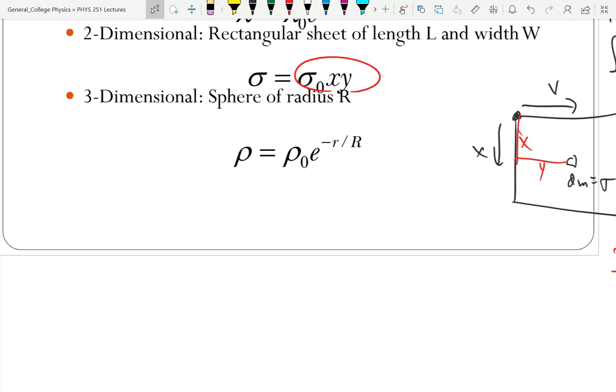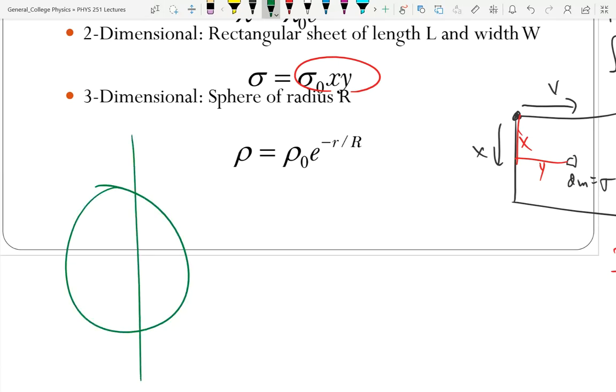The last option, the moment of inertia for a sphere of radius r. Well, what axis should we rotate it about? Clearly, we're going to rotate it about one that goes through the center. Should we align that with the x-axis, the y-axis, or the z-axis? Which one's probably going to be easiest? Probably doing about the z-axis. So we'll do it about the z-axis, which means that our